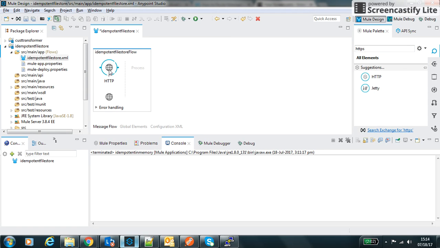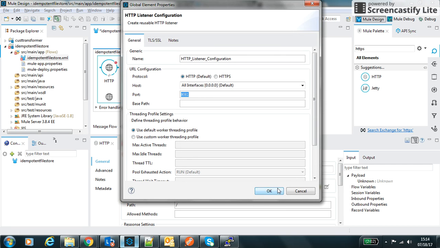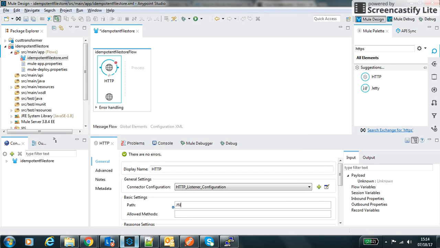connector to get the request, and we will keep its settings as default. It runs on port 8081, and we can say that it will use the path as file store. Okay. Then we will use the idempotent message